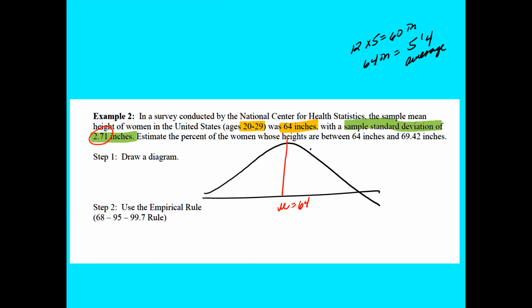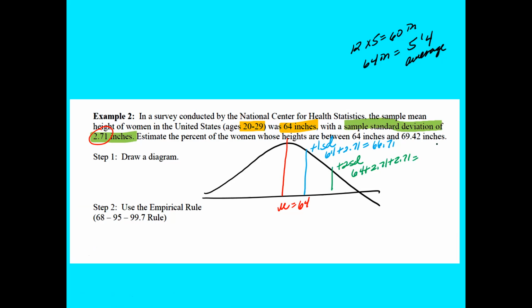So that means at 1 standard deviation, okay, that is going to be 64 plus 2.71, which is 66.71 inches at the 1 standard deviation. Then at the positive 2 standard deviations it is 64 plus 2.71 plus 2.71, which is then going to give me,